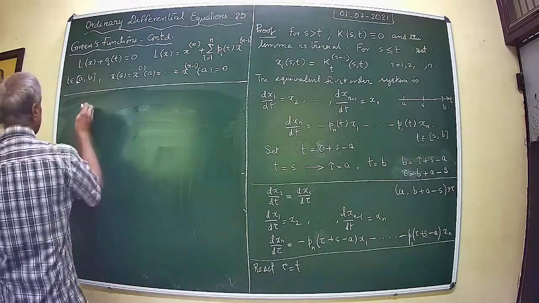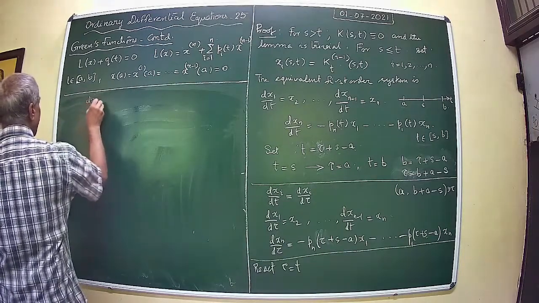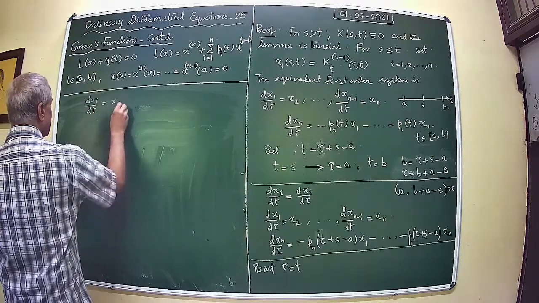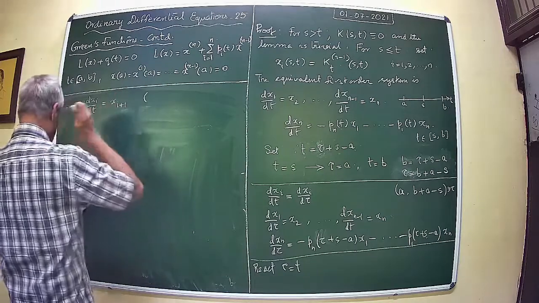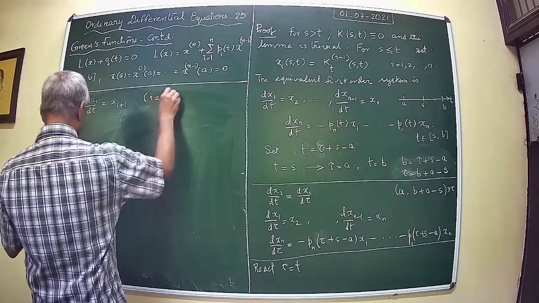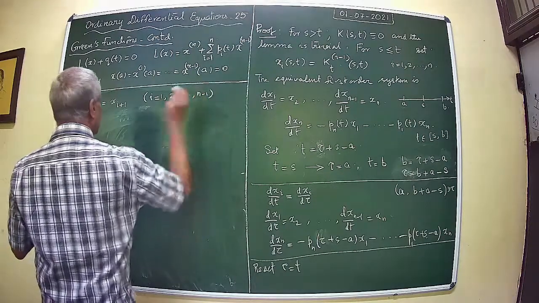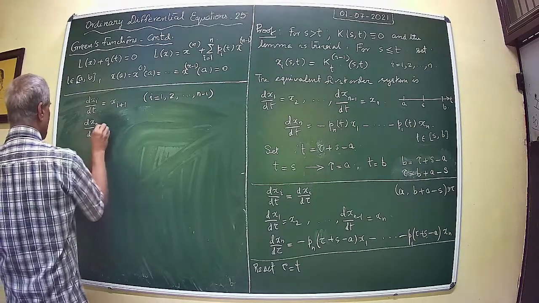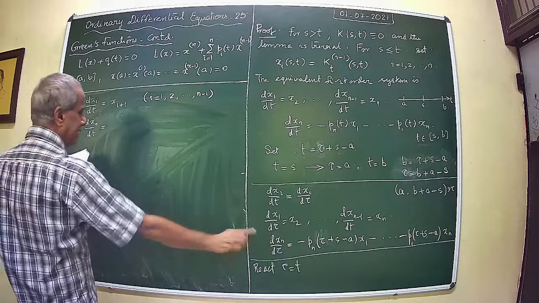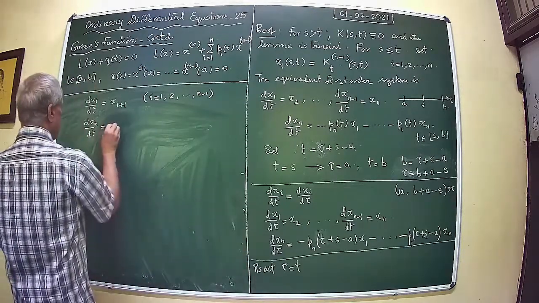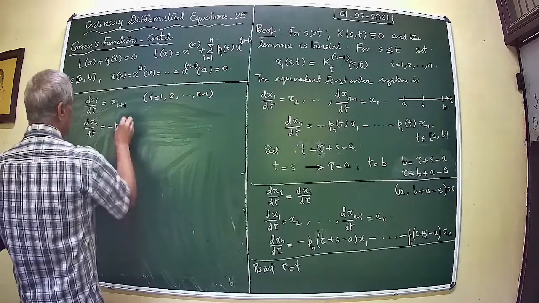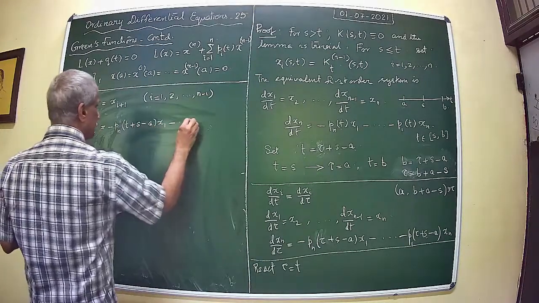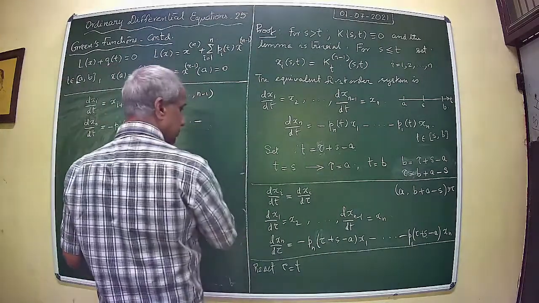Then the equivalent system is dxi by dt equal to minus 1, and dxn by dt, I am resetting tau equal to t, so this is equal to minus pn t plus s minus a, p1